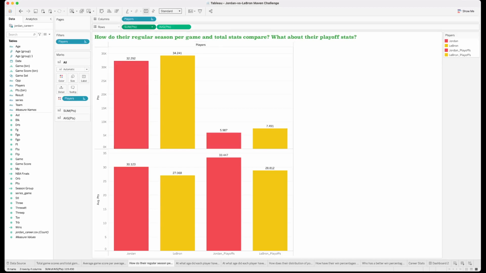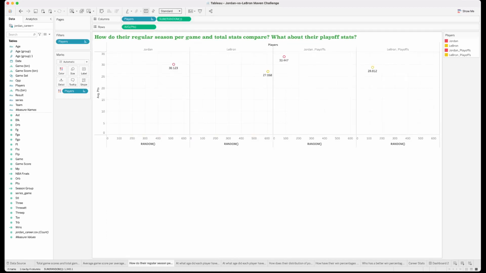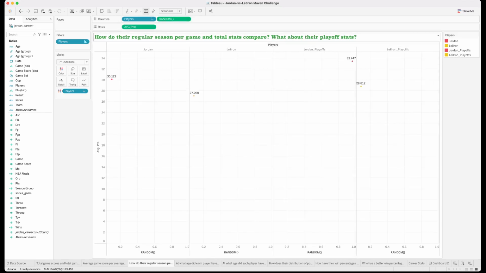So I'm gonna remove for a second the points right here. I'm gonna click and create a formula called random. Random just suddenly assigns a value from 0 to 1 to every single point, and you will see exactly where I'm going with this. I'm gonna click on this as a dimension,